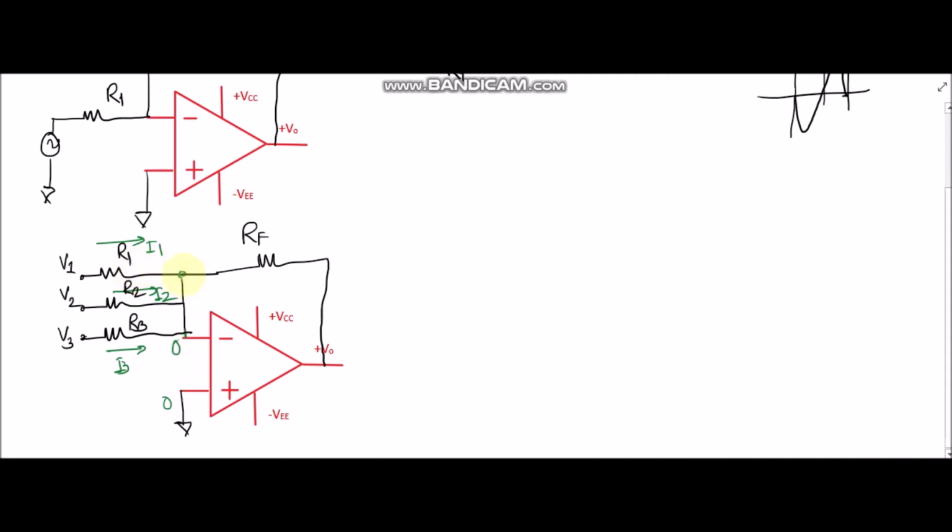If I apply KCL at this point, as this is a 0 voltage, I simply get V1 minus 0 upon R1, which is the I1 current, plus V2 minus 0 upon R2, which is the I2 current, plus V3 minus 0 upon R3, equal to the feedback current.